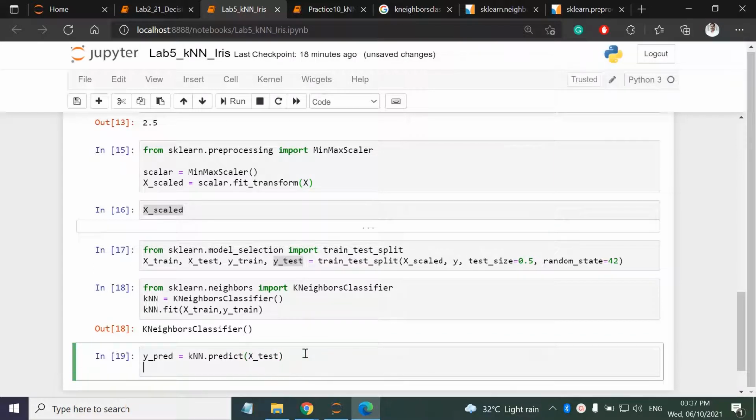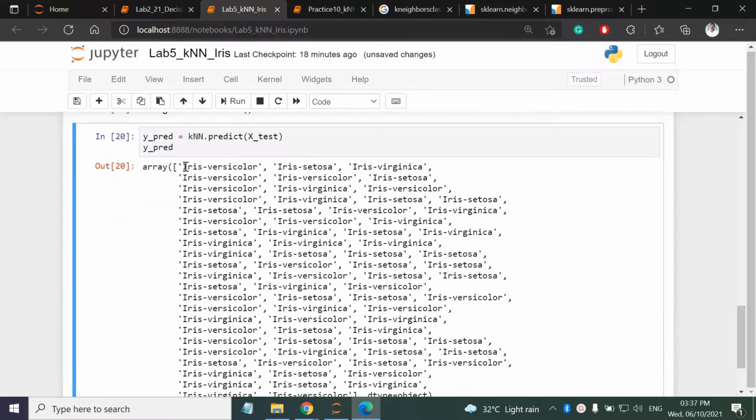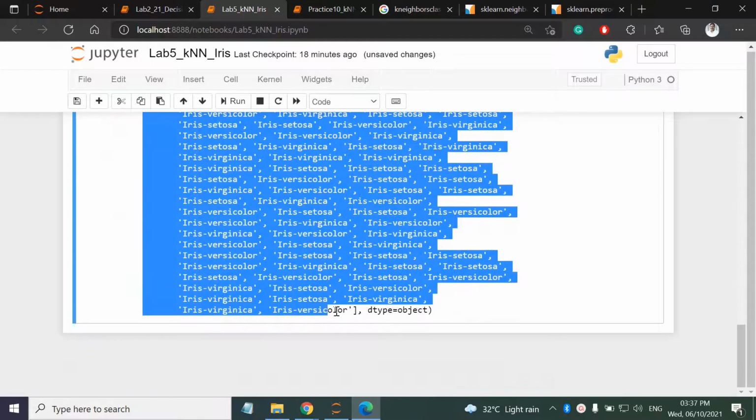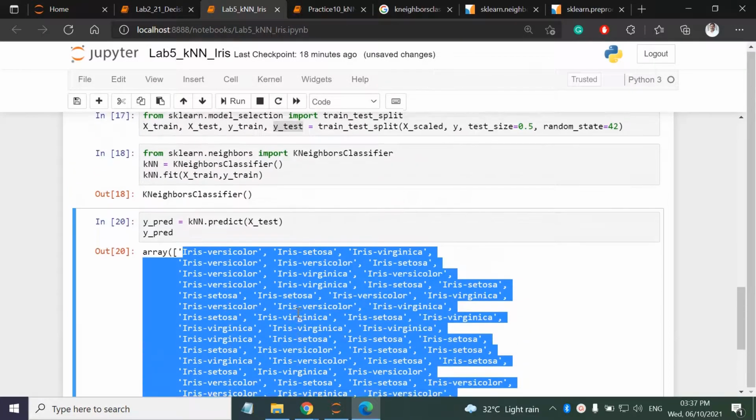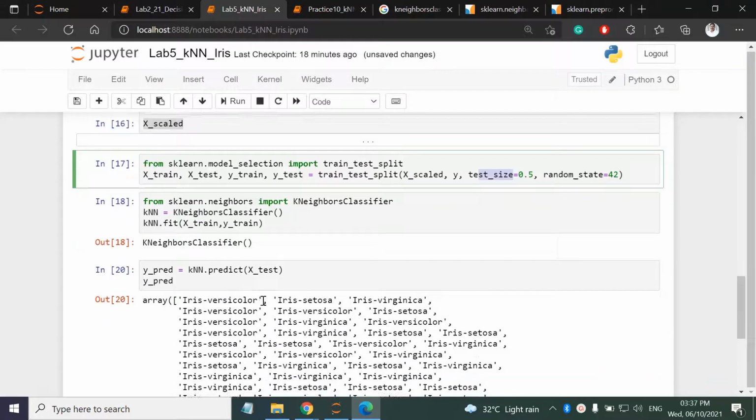If I want to show you the prediction, the count of this prediction will be 75, because we have 150 records in our iris dataset and 50% are used for testing.